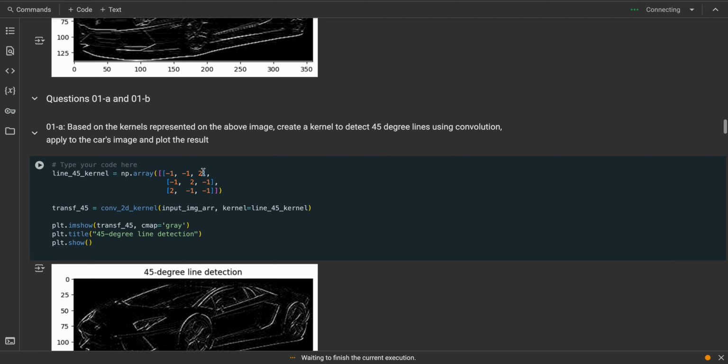Based on the kernel represented in the image above, create a kernel to detect lines using convolution, apply it to the car image and plot the results. Here I have already put my code, line 45, kernel as an np array. As you can see, this is a 2D array, right? The top row is -1, -1, 2. The values on the top left and top middle reduce the importance of those pixels, while the 2 at the top right corner